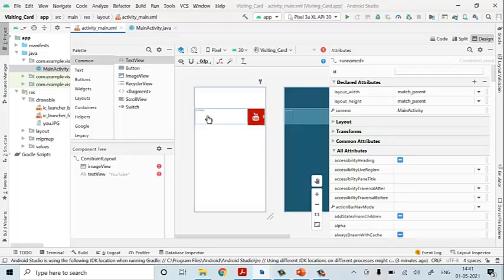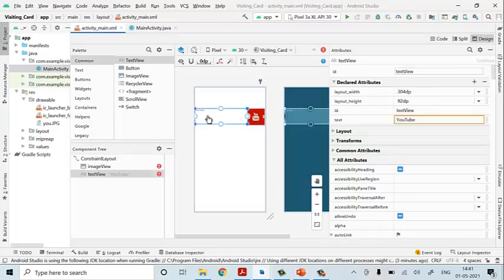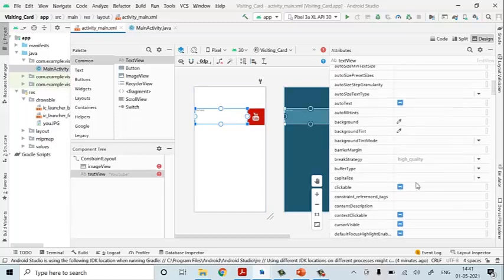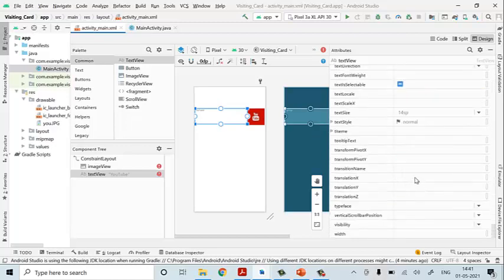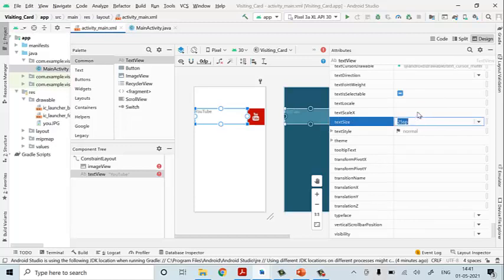Now I want to increase the size of that particular text. So I'll go down in the same attributes properties. There will be text size. Here it is 14 sp. I'll make it 25 sp. See, now it is visible. So again I'll increase it to 40 sp. Still it is good. Now it is looking good in the bigger size.